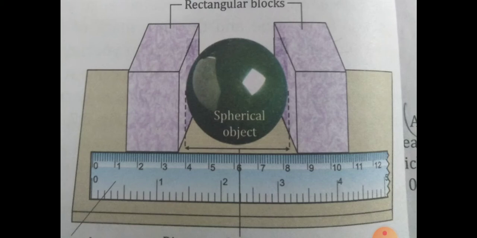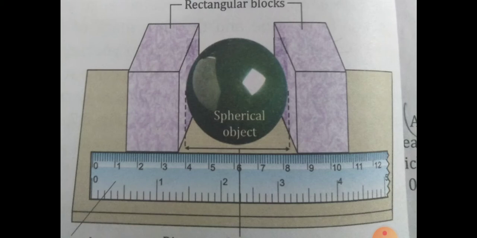Okay, so it is difficult to measure the diameter of a spherical object by using a measuring tape. Children, because it is round on all surfaces, you cannot put the scale or measuring tape on it to measure directly. For that reason, we have to use some tricks so that you can measure the diameter of that ball easily.